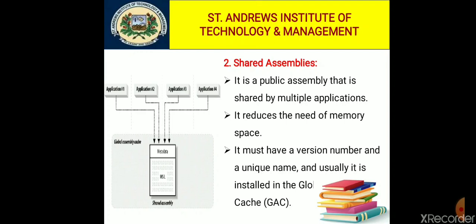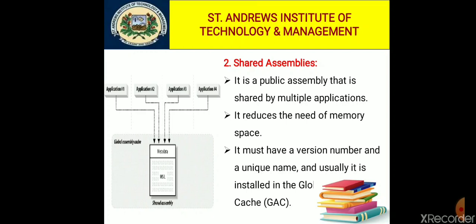With shared assemblies, several applications can use the same assembly and have a dependency on it. It reduces the need for disk and memory space, because the software or application is single and it is shared by multiple applications.